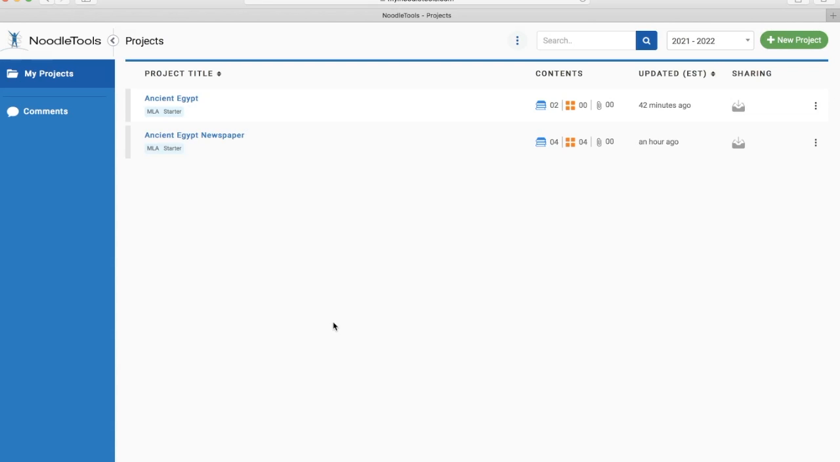In this tutorial, I will be showing you how to add note cards so that you can take notes as you're doing your research within your project on Noodletools. So here I am on the main page of Noodletools, and I'm going to click on the project that I'm